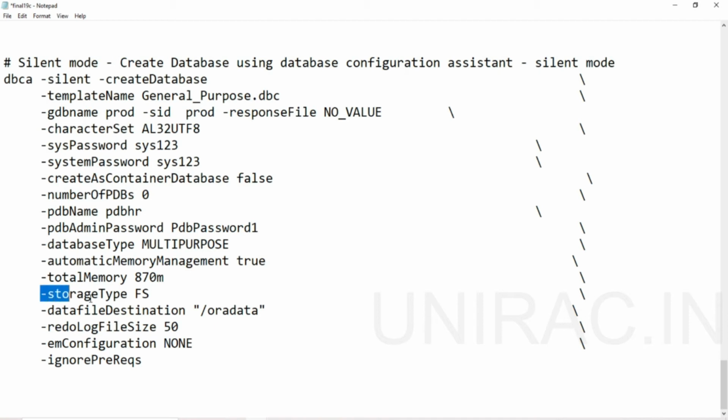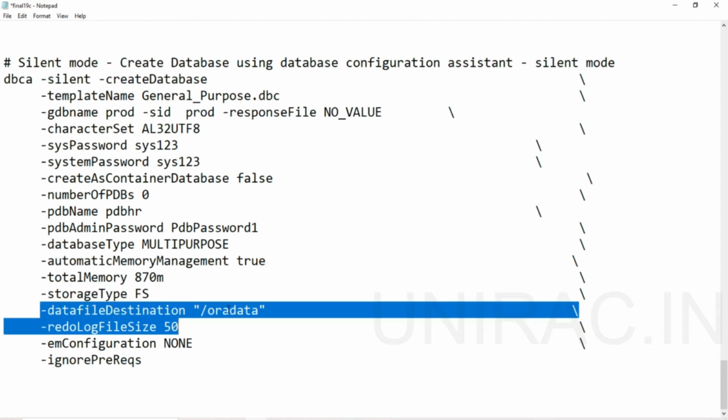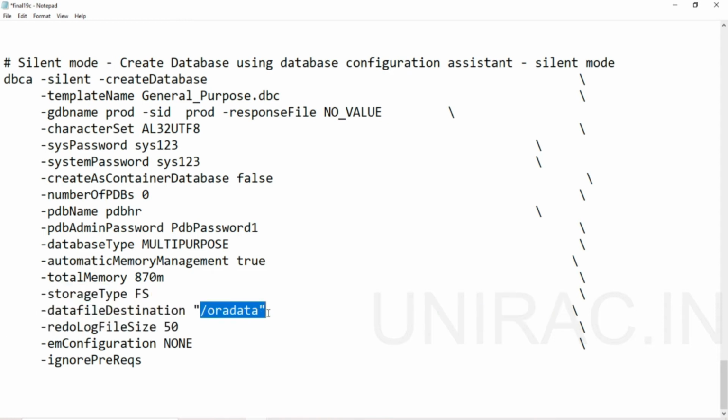The storage type is file system, it's not ASM, and the data file destination is /oradata. Specify the redo log file size. Default will be 50 MB, but it's good to go with 1 GB or 2 GB. Enterprise Manager configuration set to none, and in case of any prerequisite failures, ignore them.